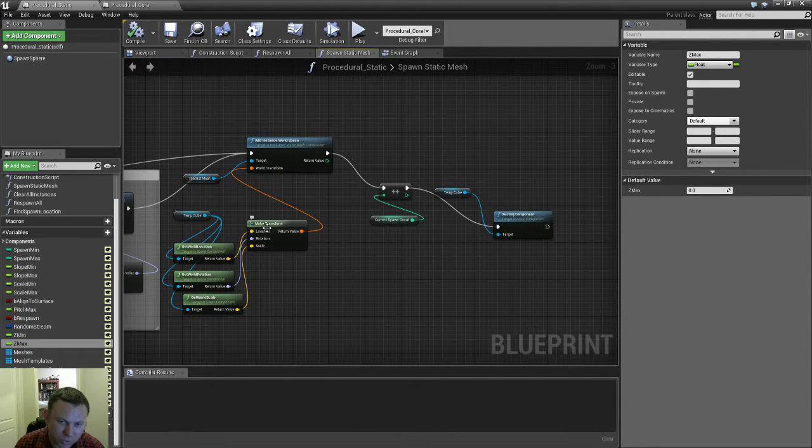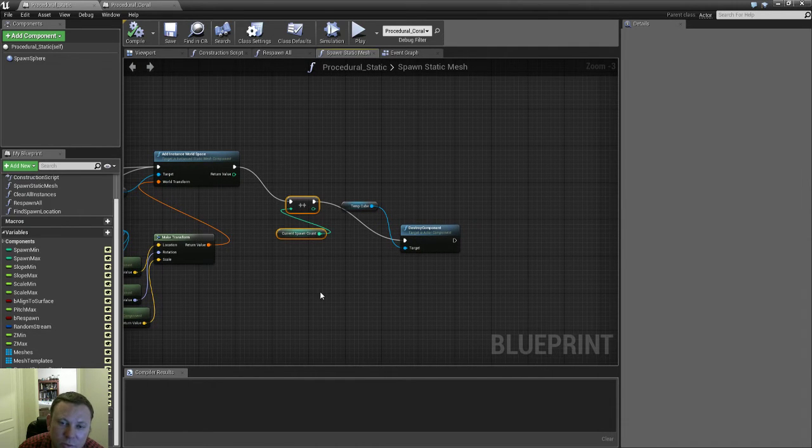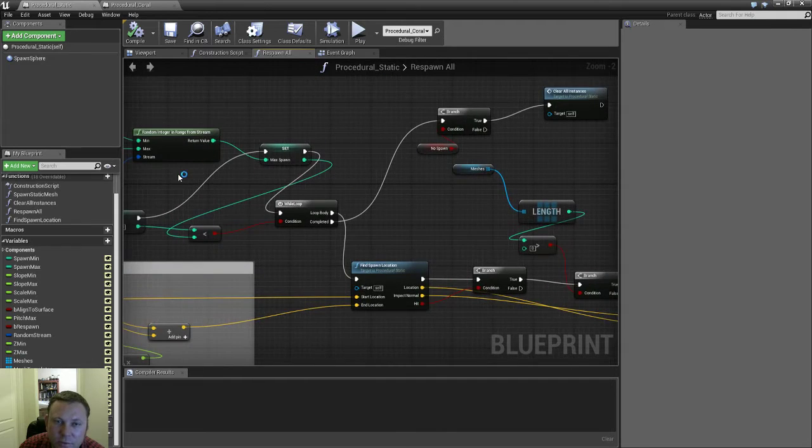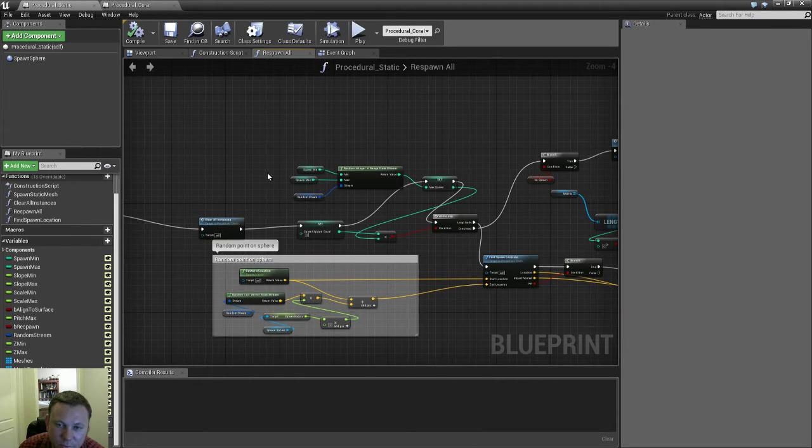And then I'm just using the transform from the cube. Once that's done, I say, okay, cool, I spawned another guy, and then destroy the temporary cube, then it's gone. So then eventually I will fall out of this loop here, and it would have spawned enough